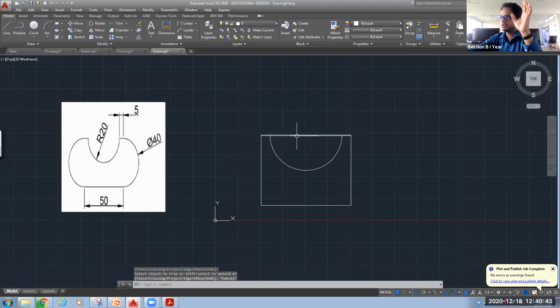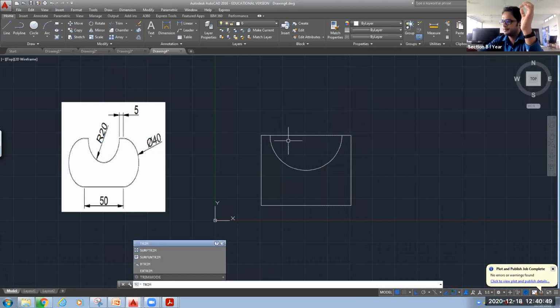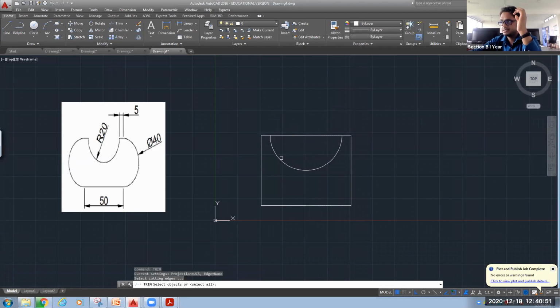Likewise, I don't want this portion also, inside portion. So for this, I can use again trim command, select this as object, press enter, get this part. And you can see this part is removed now. Now, coming to this side, go to circle.